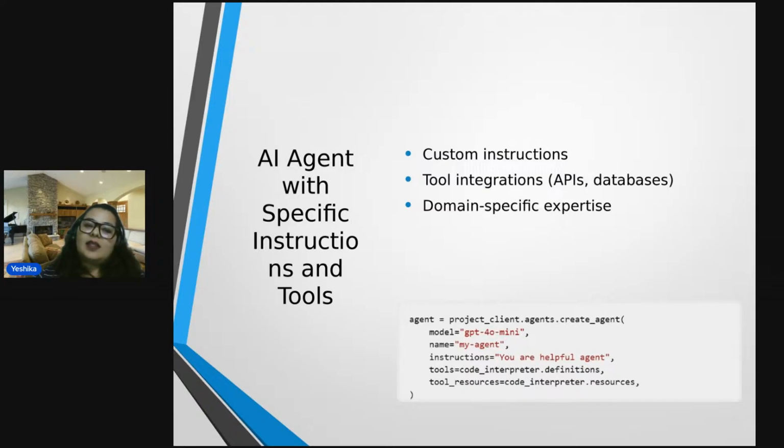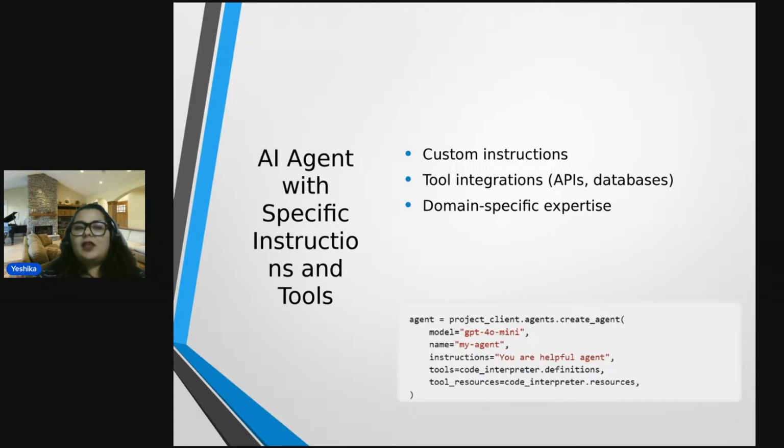Taking this example itself, in the agent that you have created, you have to just add all the resources, the model name, and your instructions into it. So here the name will be project client. Then you create that particular agent with the name that you have given to your agent, the model that you have been utilizing, and the instruction.